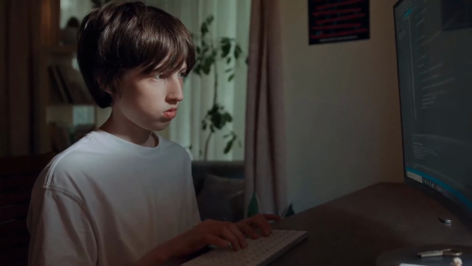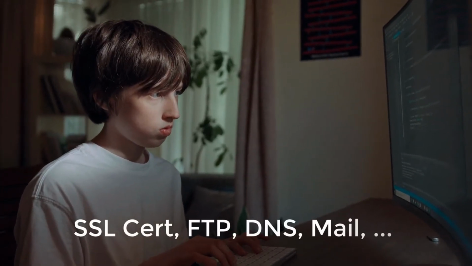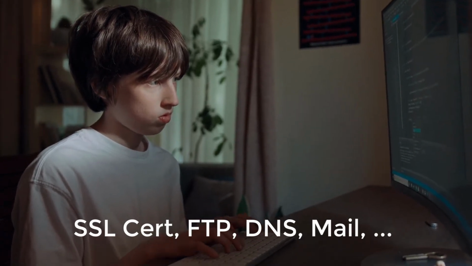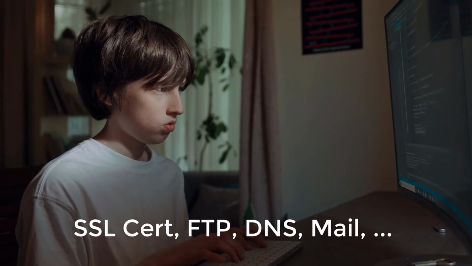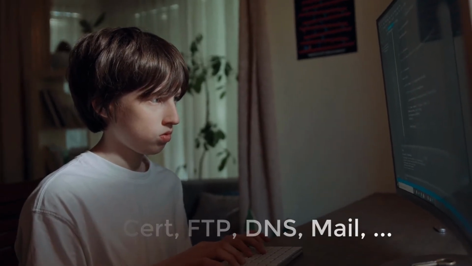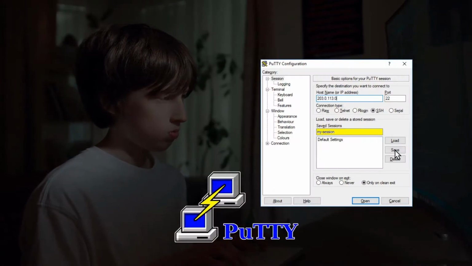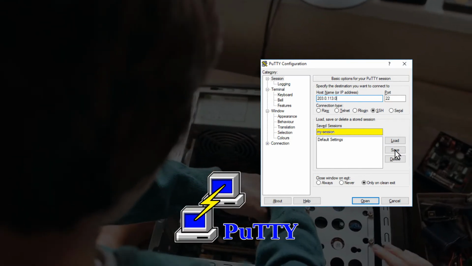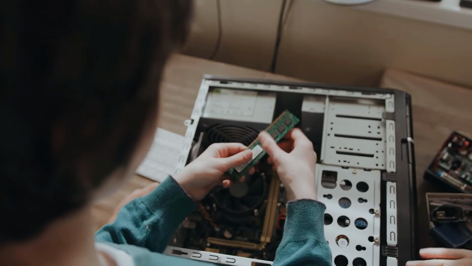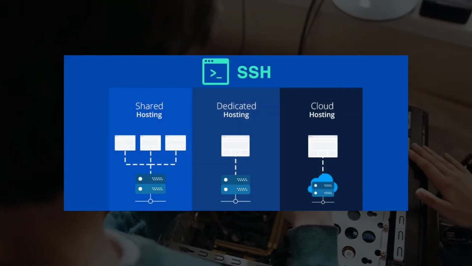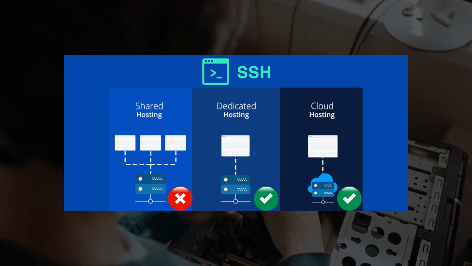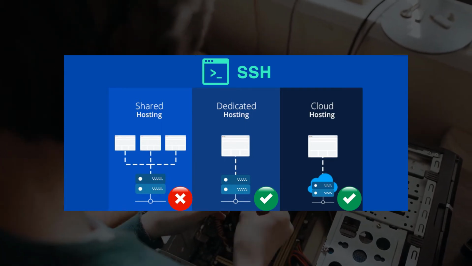For example, if you want to install an SSL certificate, set up FTP, make changes to your DNS or your mail server, you can do all these through the control panel associated with your web server. Because it's not very convenient to use PuTTY or remote desktop every time that you want to make changes, unless you're a geek with a lot of free time. If you are using a shared hosting environment, you may not have access to the terminal for security reasons.